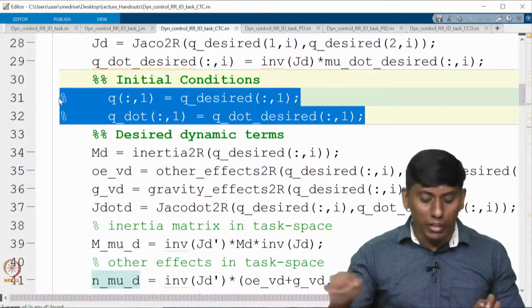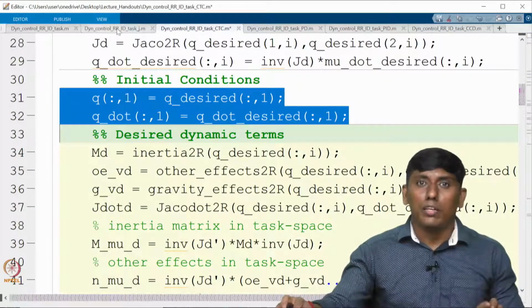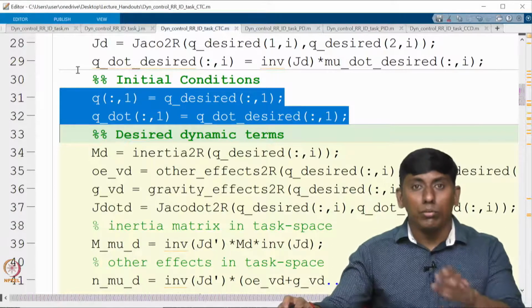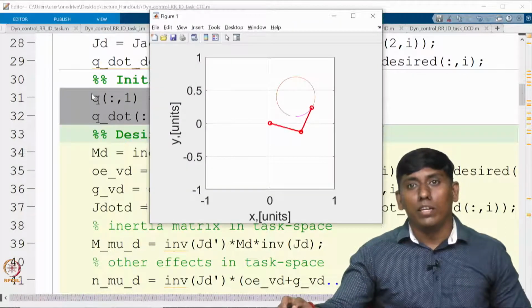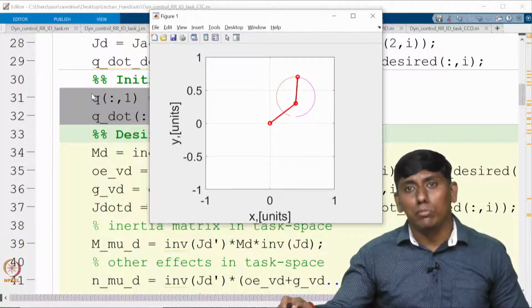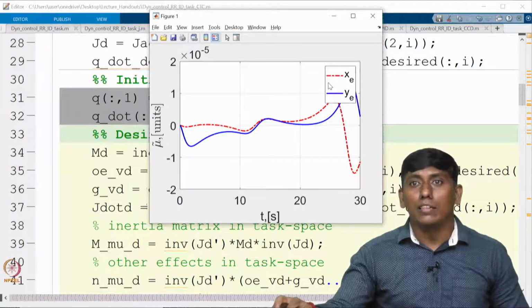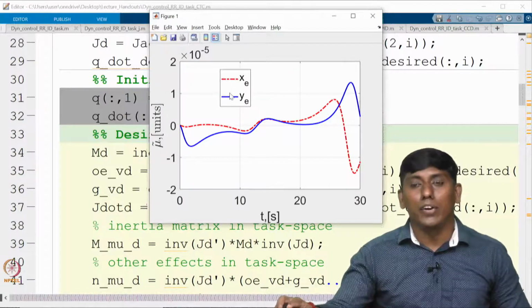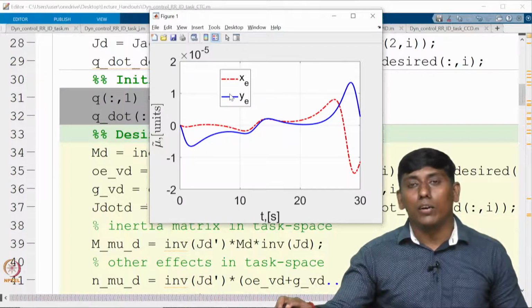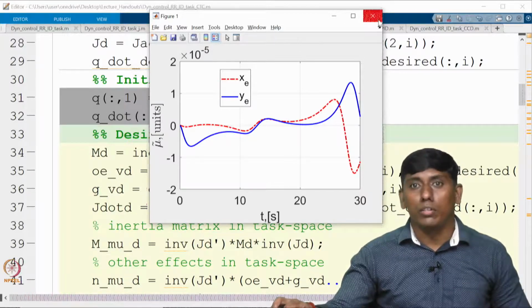Then you can see that it would give a much smoother result. It is much more superimposed on the actual, and even that switching is not happening, right? You can see this is in the order of 10 power minus 5, in the sense it is almost a micro level of error, or you can say a sub-millimeter level error in terms of meters, right?